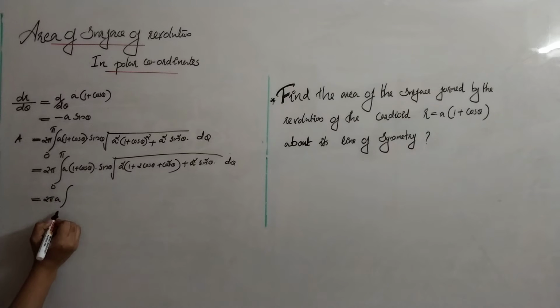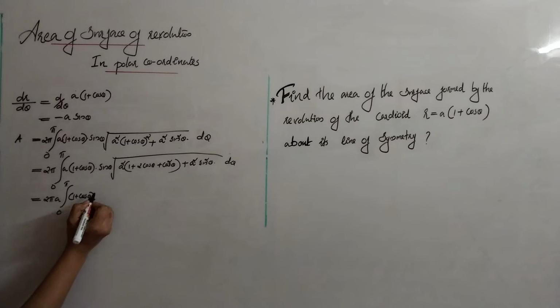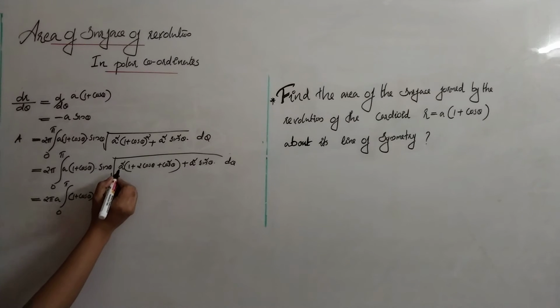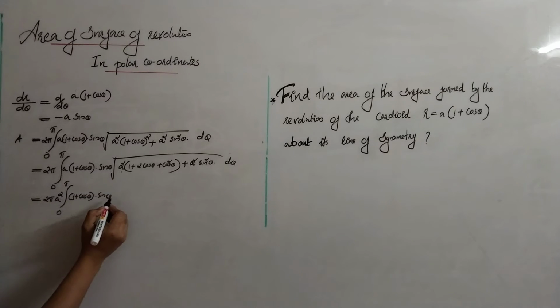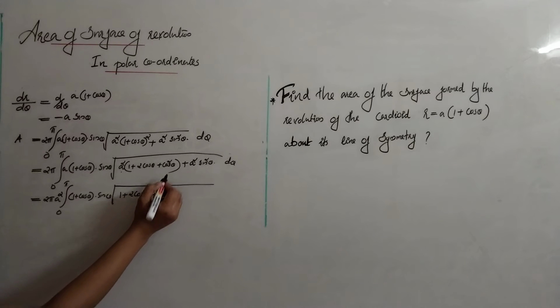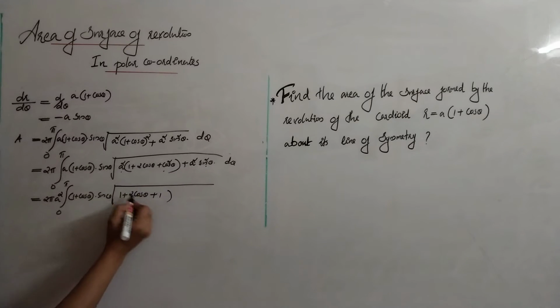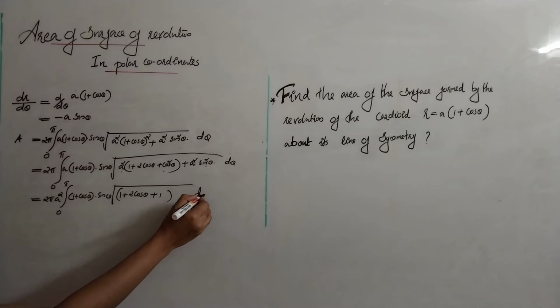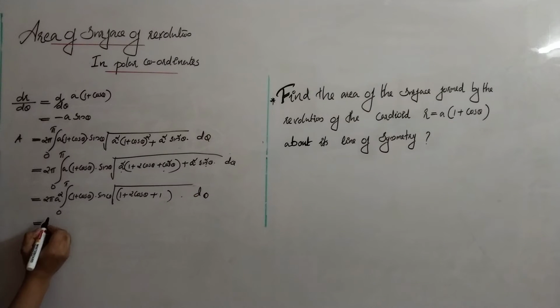A is a constant, so we can take it outside of integration. The remaining term is (1 plus cos theta) into sin theta. Here a square is a common term, so take it outside. Then this becomes a square into 1 plus 2 cos theta plus cos square theta plus sin square theta into d theta. That is equal to 2 pi a square integral 0 to pi 1 plus cos theta is